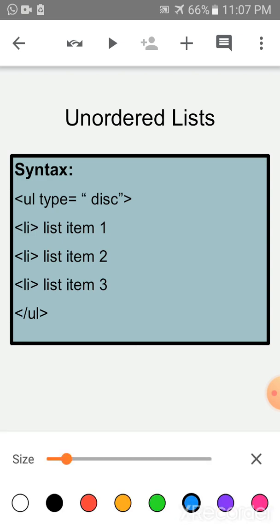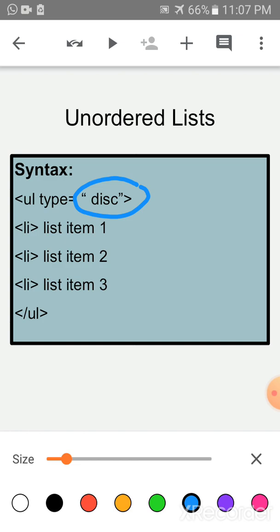The syntax is tag ul space type. Type is the attribute. After the space, you have to write the attribute type disk. Disk within quotes, then closing tag of ul. Children, the type attribute is of three types.